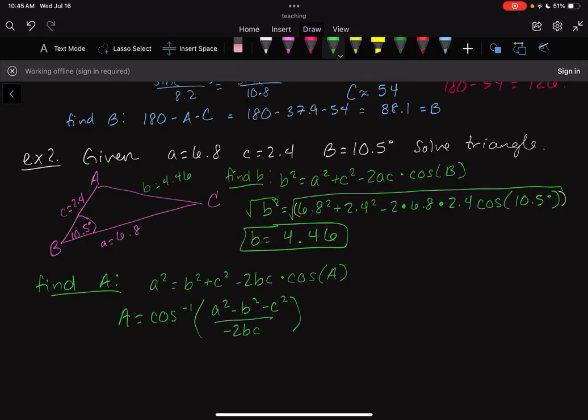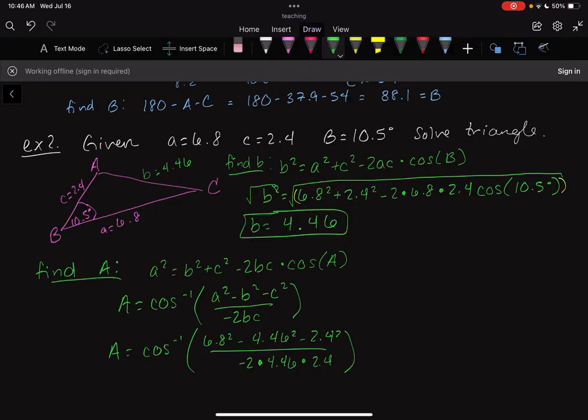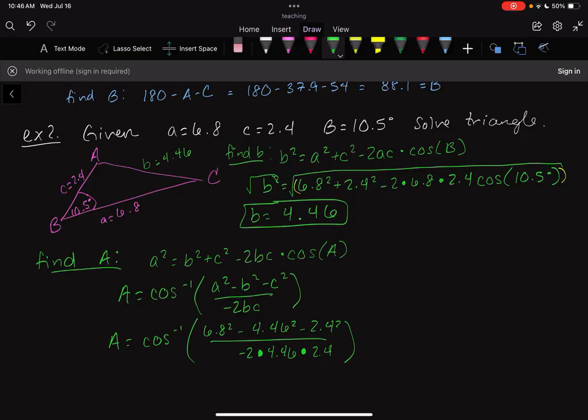Plug in all my values: 4.46 and then C, 2.4. And these dots here are my multiplication signs. All right. So I get A is,